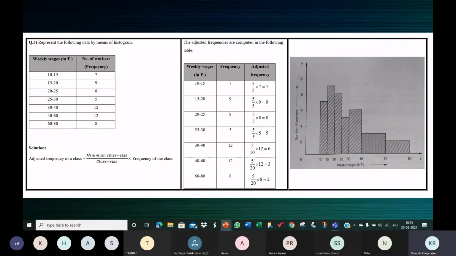Shivani, tell me the frequencies. What are the adjusted frequencies? Pranav, can I say? Ma'am, 4, 8, 6, 10, and 3, ma'am. Correct, Pranav. Children, the adjusted frequencies are 4, 8, 6, 10, and 3. I hope you all got it. Yes, Shivani, please complete it.